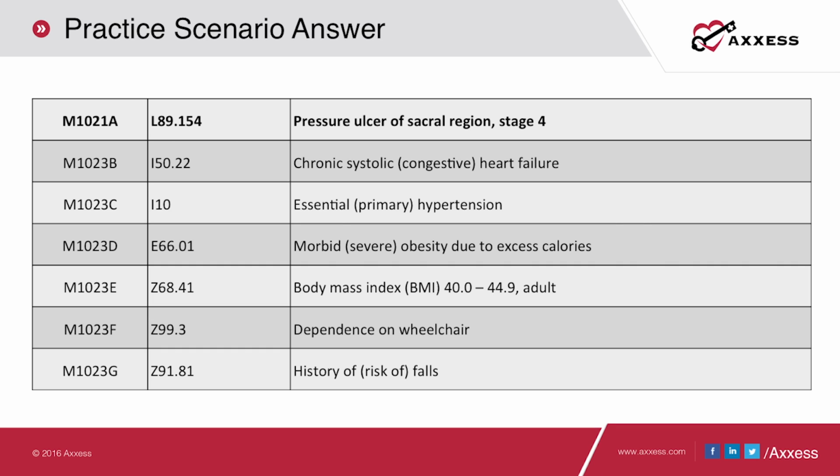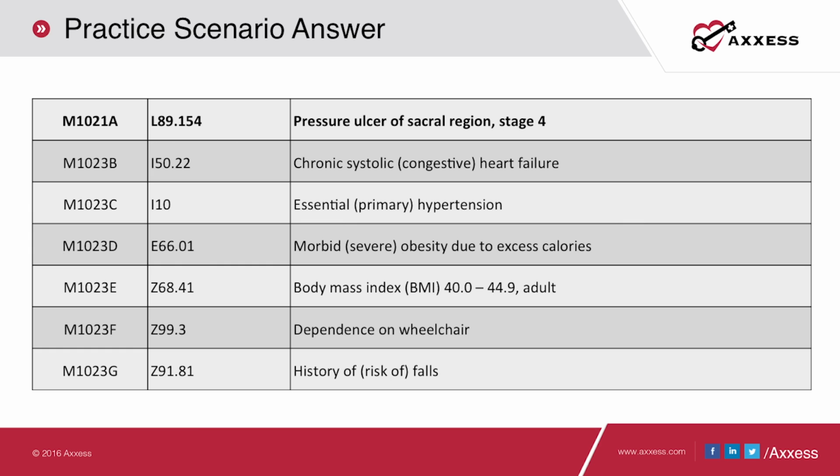The stage is stage 4, so we have L89.154. Then we have I50.22, chronic systolic congestive heart failure, followed by I10, essential primary hypertension, followed by E66.01, morbid obesity due to excess calories, followed by Z68.41, BMI 40 to 44.9 adult, and then we have two status codes. Z99.3 is your dependence on wheelchair, followed by Z91.81, history of falls, which is also the same code